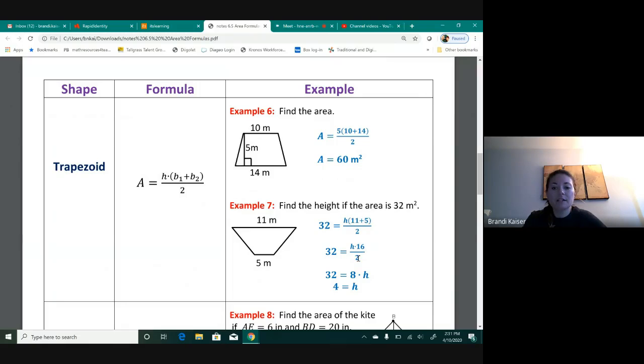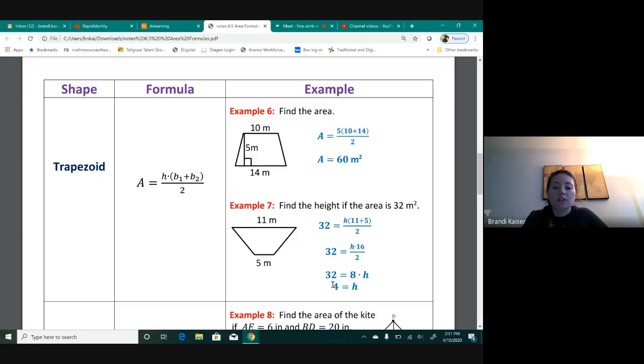Then for that 16 times H, I can take the 16 and divide it by 2 since these two things are being multiplied together. So 16 divided by 2 would simplify to be 8. 8 times H is supposed to equal 32. So for us to find the height, all we have to do is divide by 8, and 32 divided by